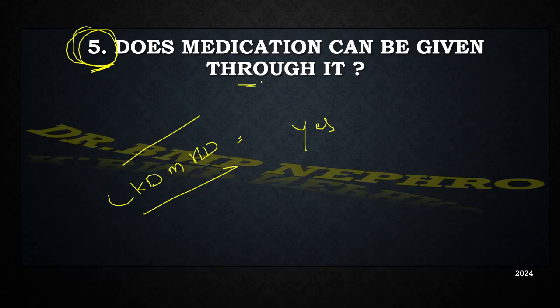This is the benefit, but what is the risk? The catheter costs around 15,000 and the insertion charge varies from 10,000 to 15,000 from center to center. So we are risking that, and the patient's lifeline, if the fistula is not made, this is the lifeline. So we are risking the lifeline, the cost, and the patient's vascular access is also at risk of infection. So whenever you are using that as a central line, make sure the sterile precautions are followed,